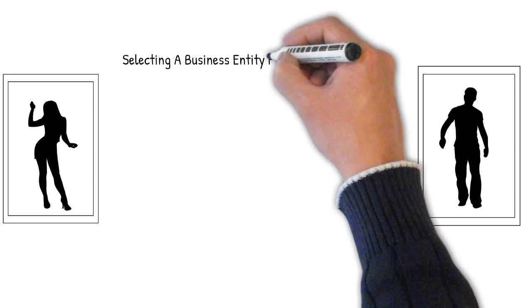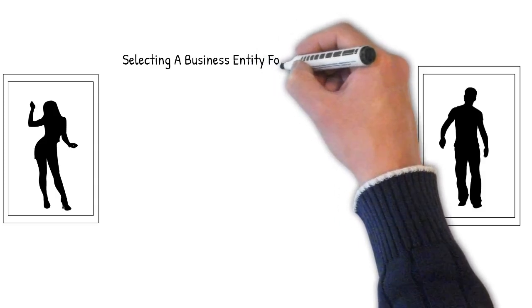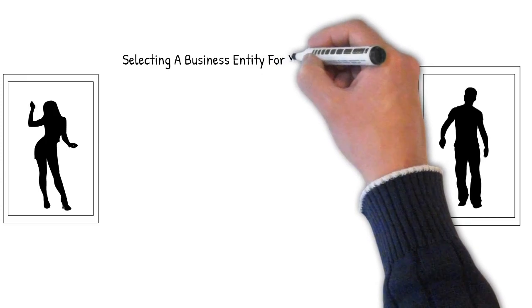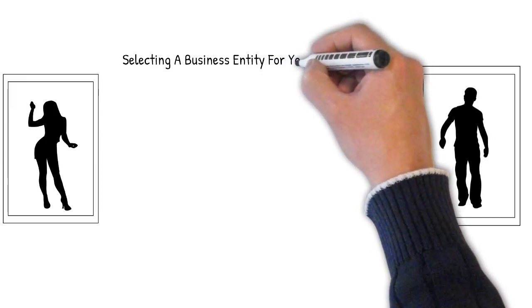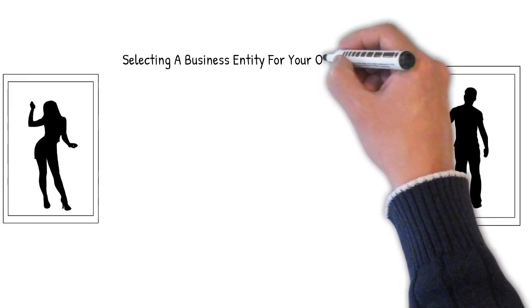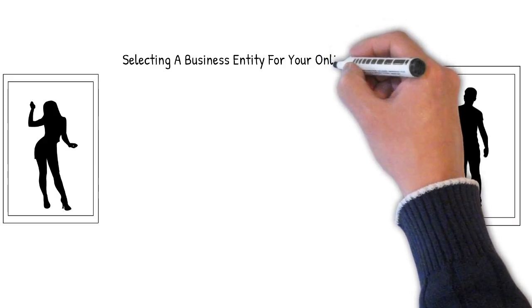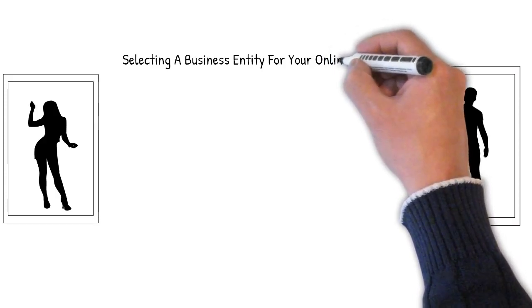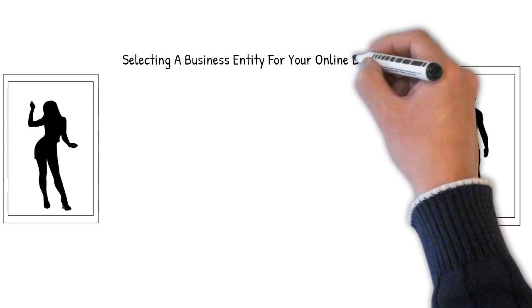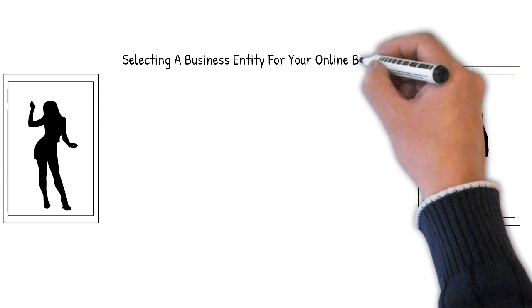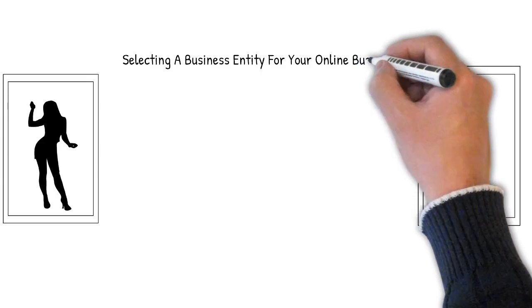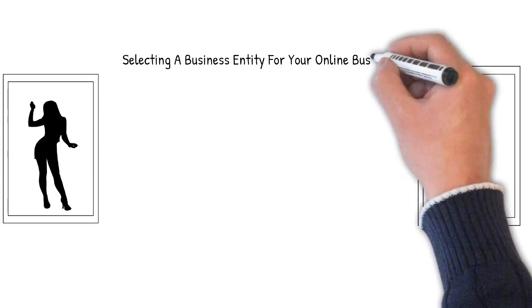So let's start with a situation we see online all the time. Let's say it's your first time online and you've heard you can make money and you've decided to slap up a website, maybe put some articles on it and add some affiliate links. Well, if you're doing that on your own, you might be surprised to learn that the law designates you by default as a sole proprietorship. If you have a partner who's working on the site with you, then the two of you are designated a general partnership, unless you make some alternative designation. So we see a ton of sole proprietorships and a ton of general partnerships in the online environment just because people don't know better. They don't know that they're being designated these things by default.